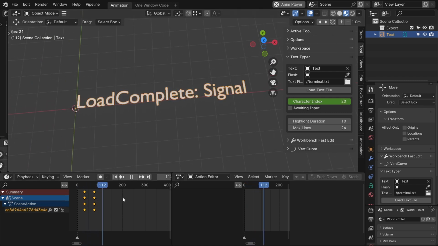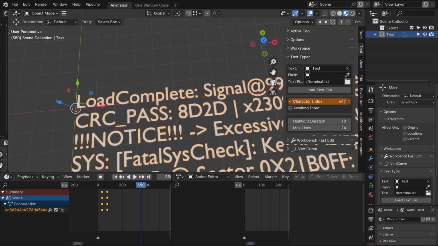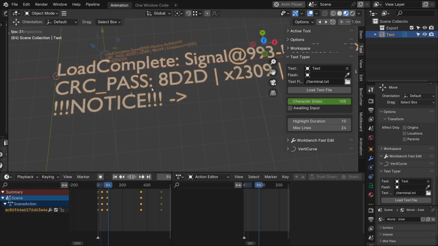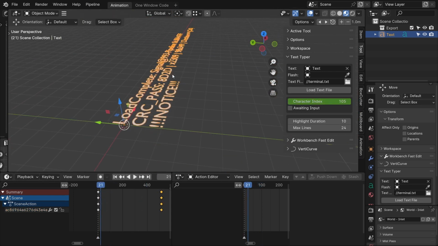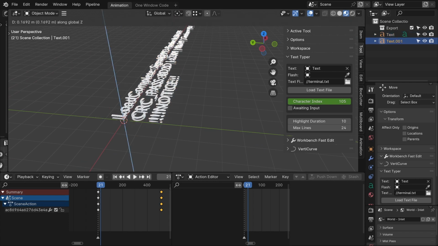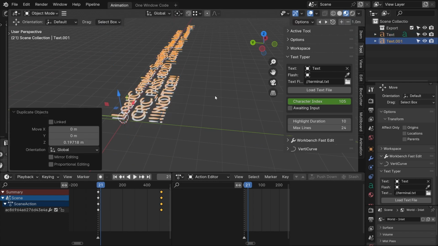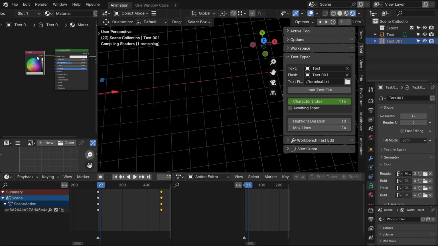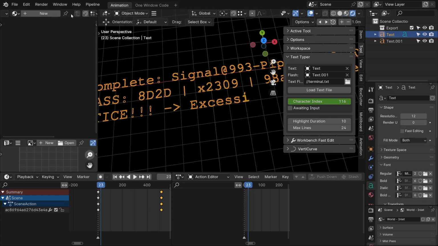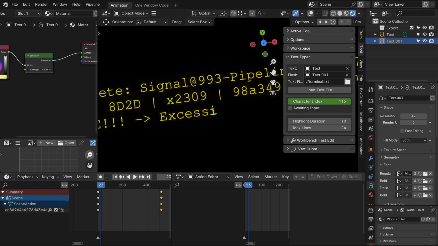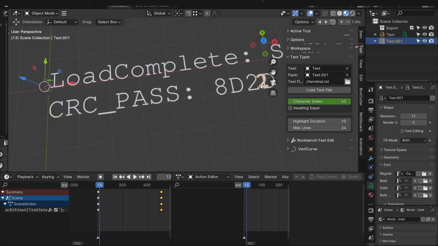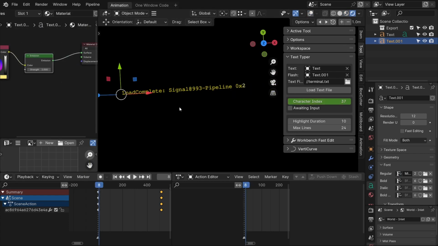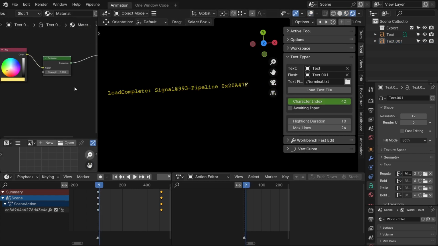Need a bit more flair though? We've got extra features! Ever noticed how real terminals have that little flash on the last character? You can get that too! Just duplicate your text and set it as the flash object. Give it its own texture, and now when the text types, the flash will follow the last character. Just make sure you're using a monospace font for this to work right. Otherwise, the path to hell is paved with good intentions.